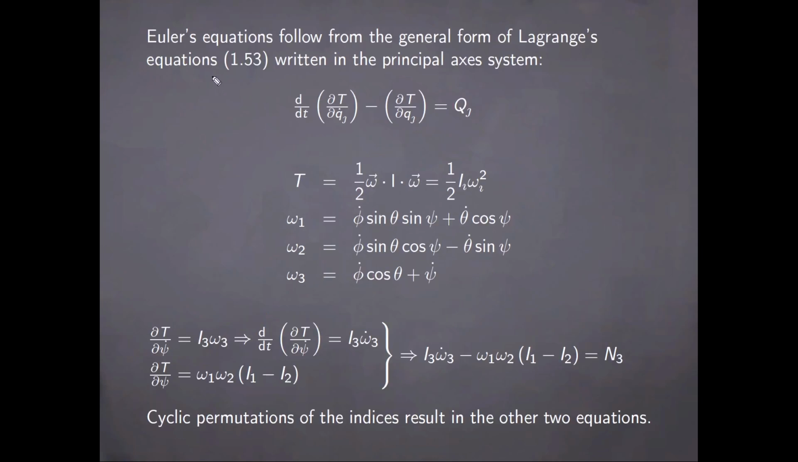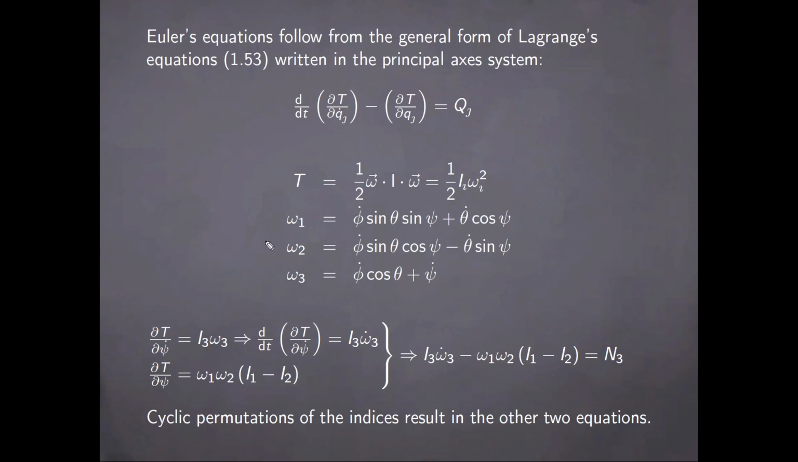Now, we have derived these in the Newtonian framework, but they can also follow from the general form of Lagrange's equations, namely the form of equation 153, written in the principal axis system. So we are looking at this particular form of Lagrange's equations, where in the principal axis system the kinetic energy is given simply by the sum here. And then we know how to write the components of the angular velocity in the body set of